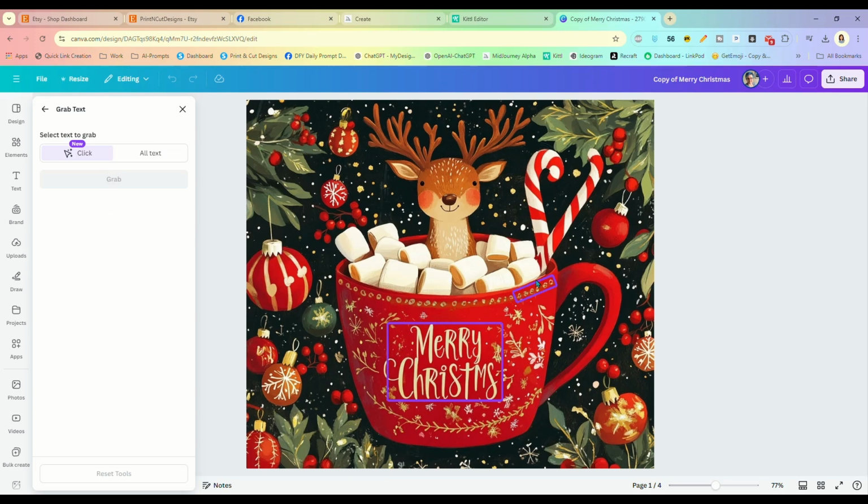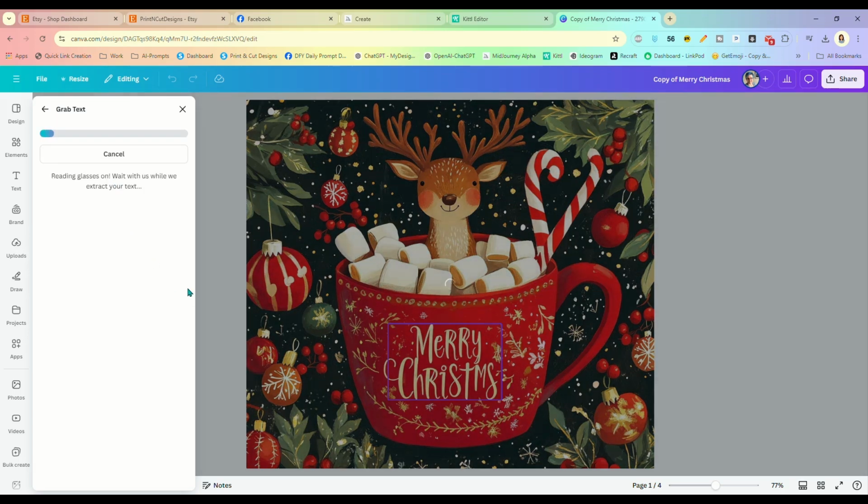All right, so it's going through here and it selected what it thinks is text. Now you can see these little things up here are not, so we're going to ignore that. And I'm going to click on this box because this is the text right here. Okay, and I'm going to click grab, and it will now